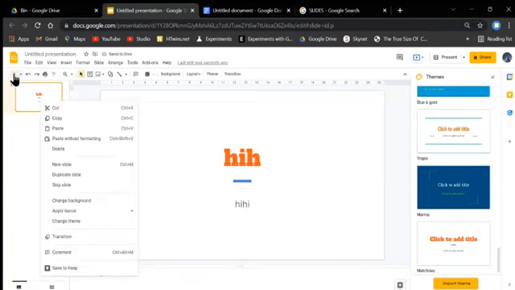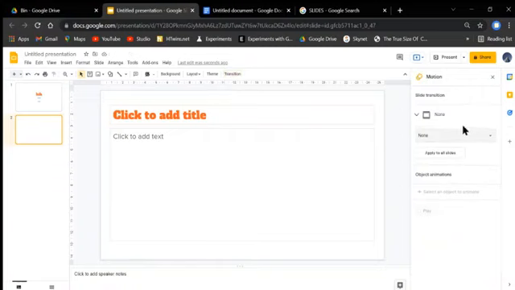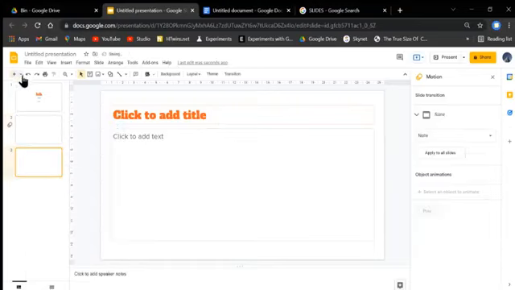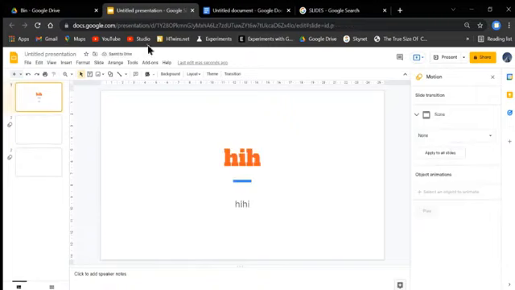The next tip is transitions. I can choose a transition to any slide. So I'm going to choose gallery, and for the next slide I'm going to add dissolve. Why not? That looks fun.